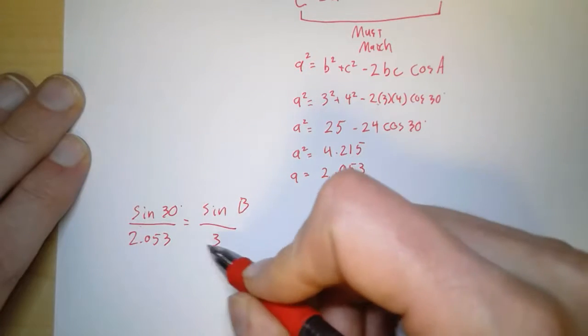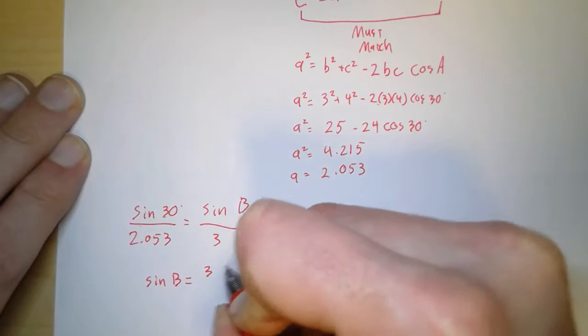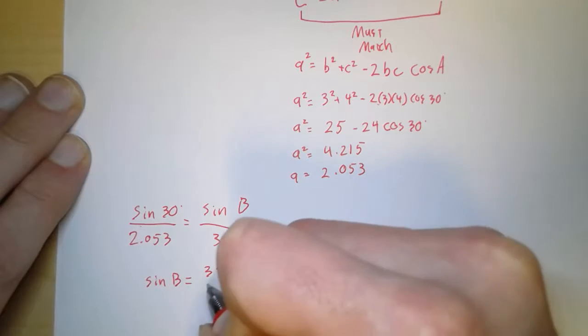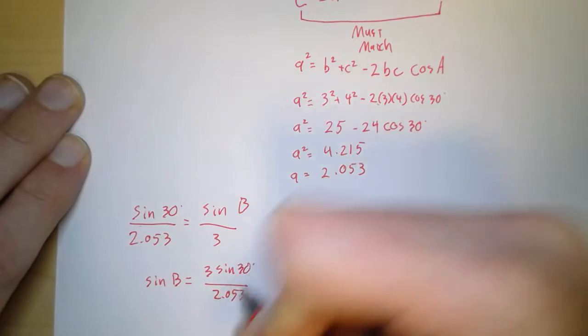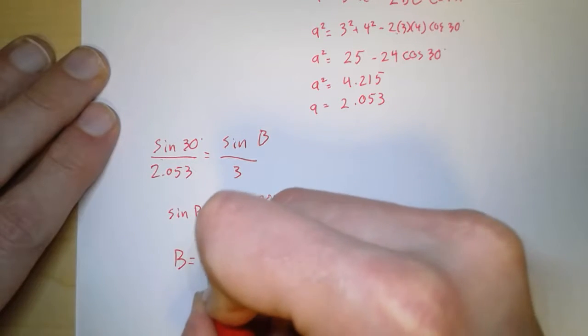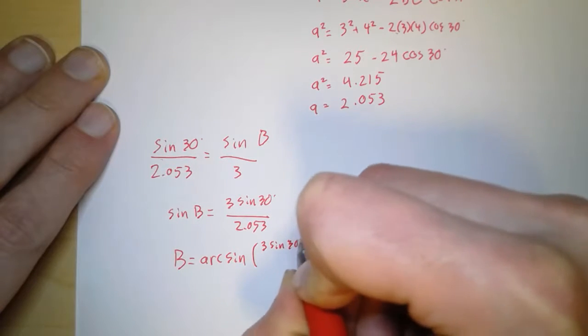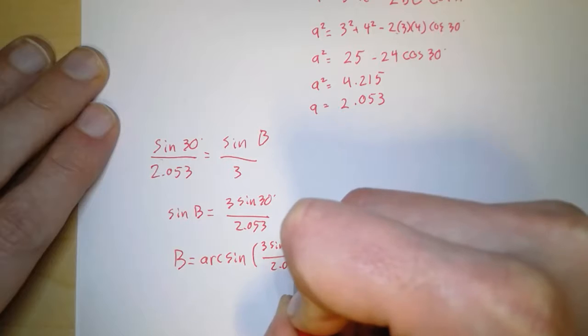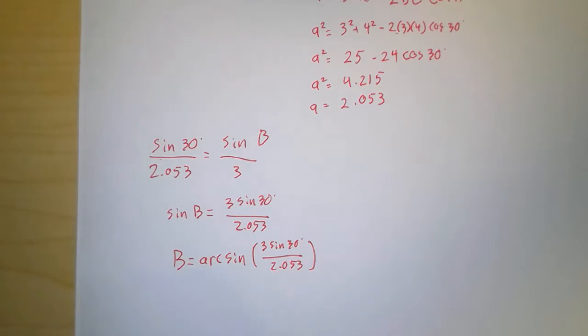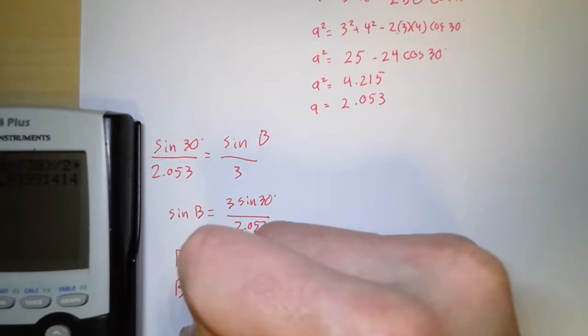So to solve here, we're going to cross multiply and divide. So sine of B equals 3 sine of 30 degrees over 2.053. And so if I want B, that means we're going to have to take arc sine of 3 sine of 30 degrees over 2.053. All right, so we type that in. Arc sine of 3 sine of 30 degrees divided by 2.053. And so B is roughly